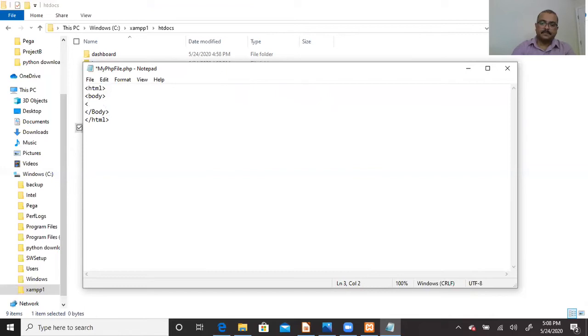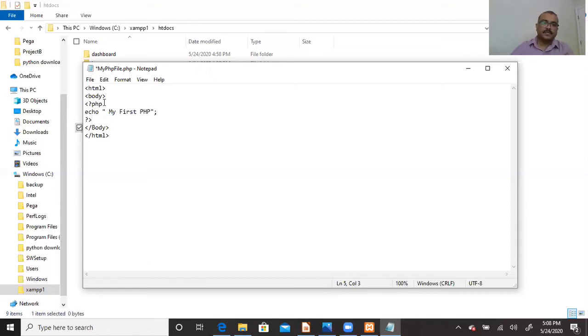Now I'm going to write my first PHP script. And semicolon. This is the way we are going to print some message in the PHP code, and you have to close this PHP. And we have completed.